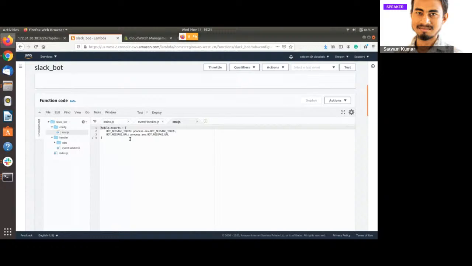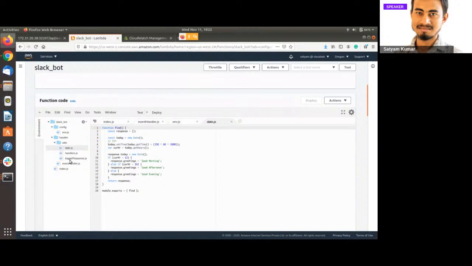We have also created some more files. There is a config file, which contains the Slack bot token and the URL where we need to send the response, so that the user will see the response from the bot. Obviously you are not going to see that token, because it is secret. Anyway, I am going to delete it after this presentation.